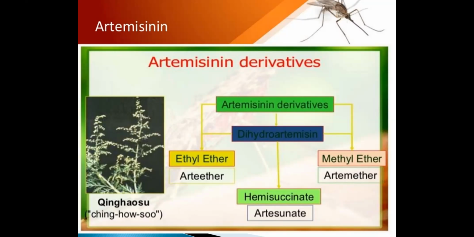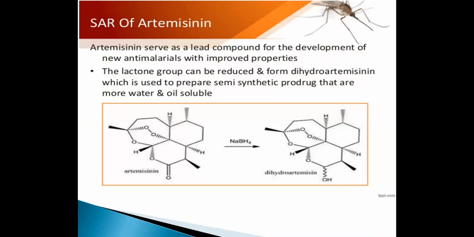And it can be treated with succinic acid to form artesunate. So now let us see how the reaction happens. As you said, when you treat artemisinin with sodium borohydride, it reduces your carbonyl group to your alcohol. You get your dihydroartemisinin, which